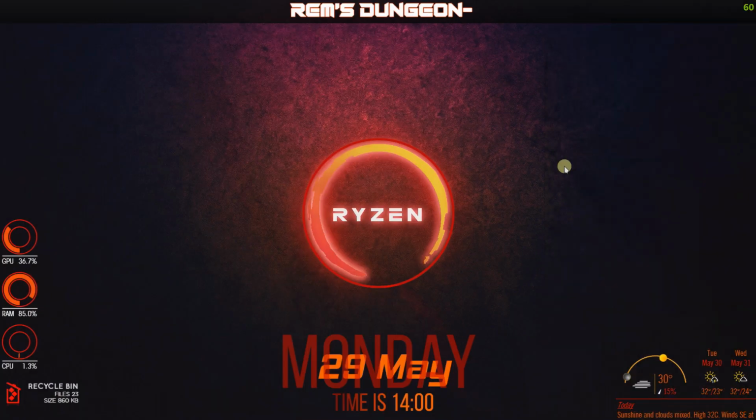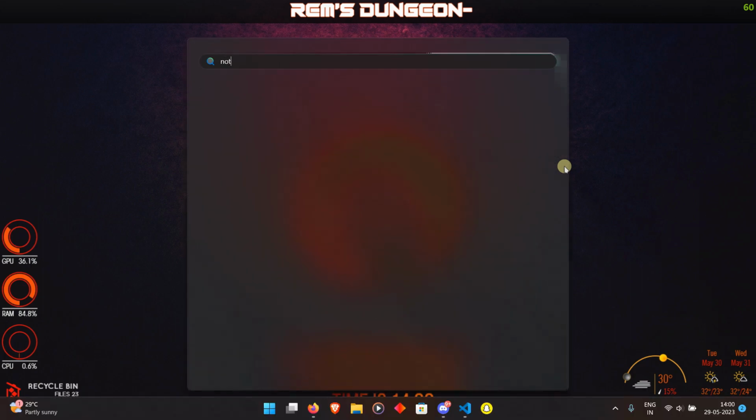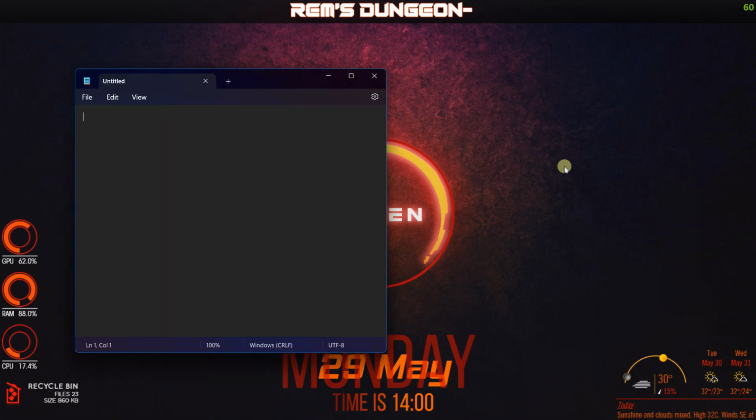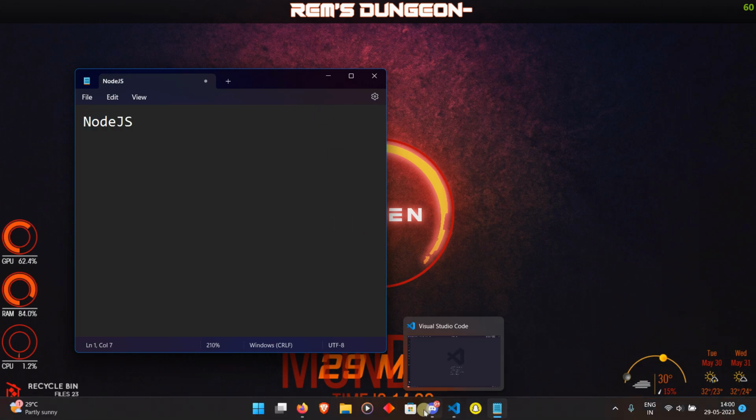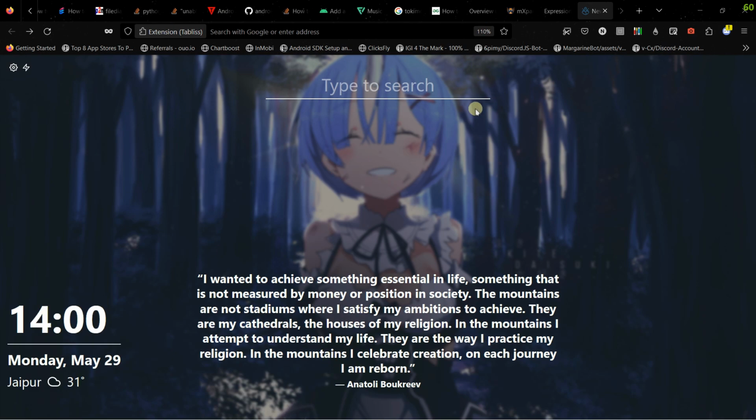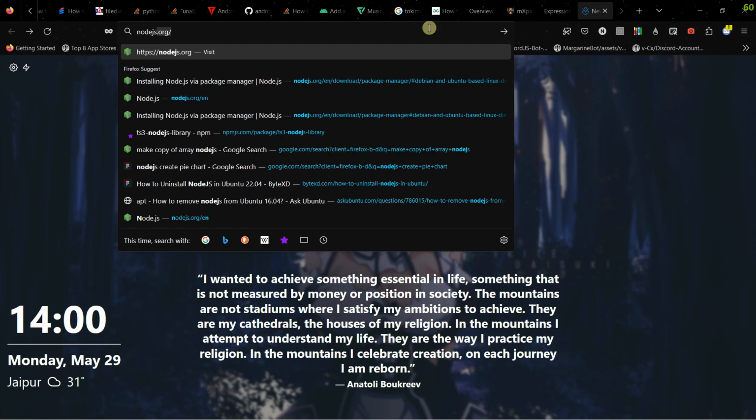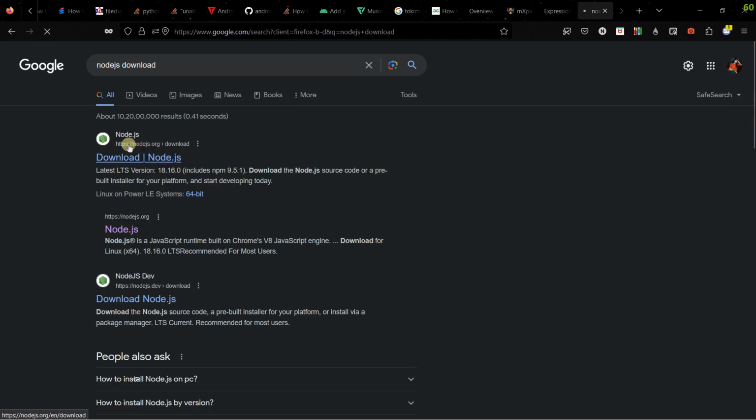Okay, so to create a discord.js bot you will need a few things, and the first thing is node.js. If you have not installed it, then you need to install it. Just follow the steps I'm doing. Go to any browser and in the search bar type node.js download, and the first link is nodejs.org, click on it,